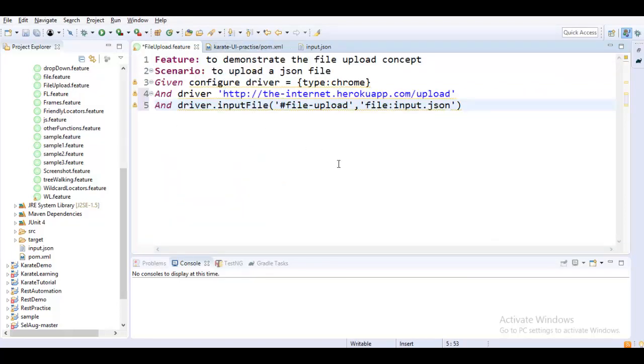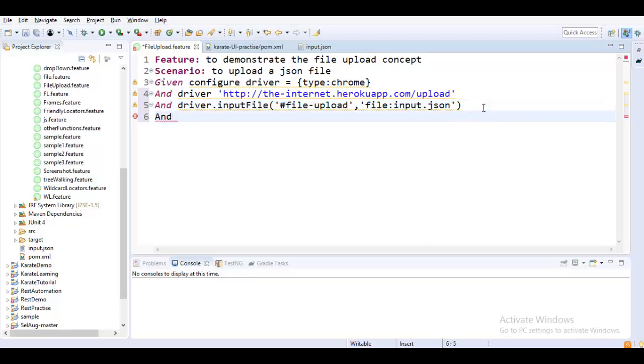One more thing you should understand here is that the input file basically takes two kinds of arguments. It can identify the file when you give an absolute path. Also it can identify the file when you give a relative path. But if you are mentioning the relative path, please make sure you add the prefix file colon, otherwise it will not work. If you want to specify the absolute path, just give the drive, whatever the drive could be, C:// and the folder. So absolute path you can specify. If you want to work with the relative path, please make sure that you prefix the keyword file colon so that it recognizes.